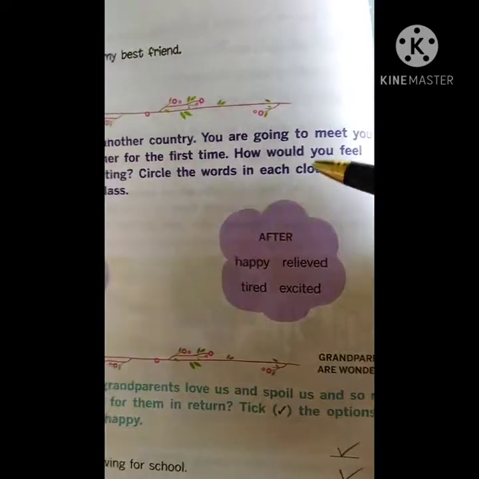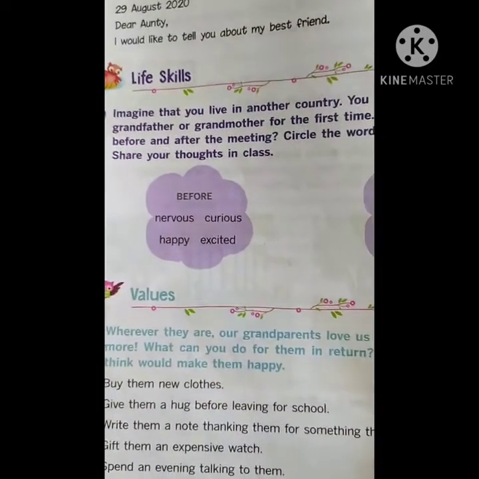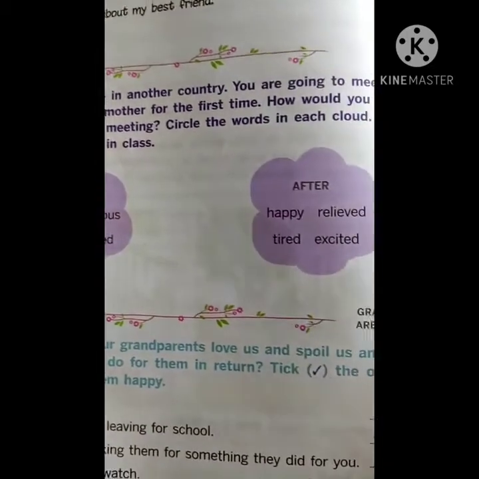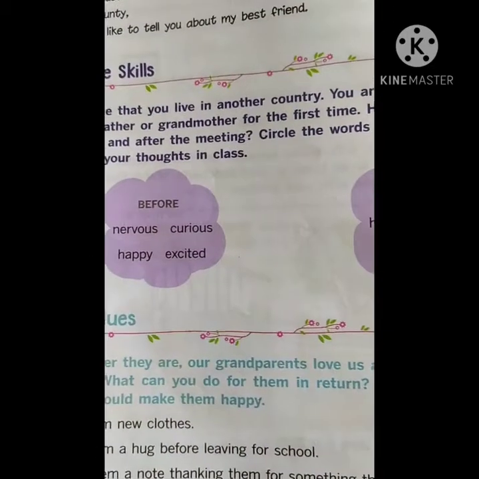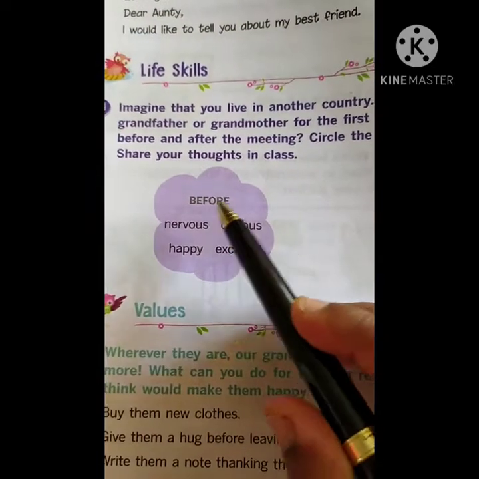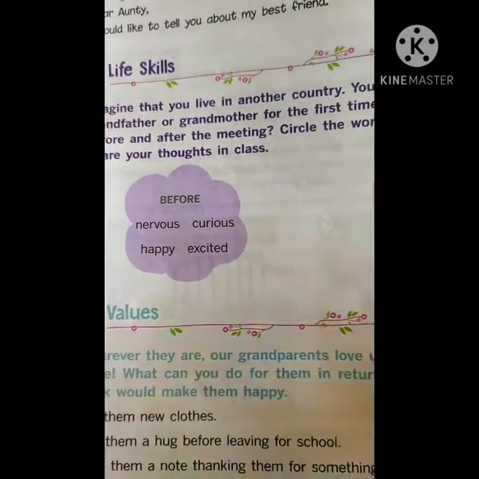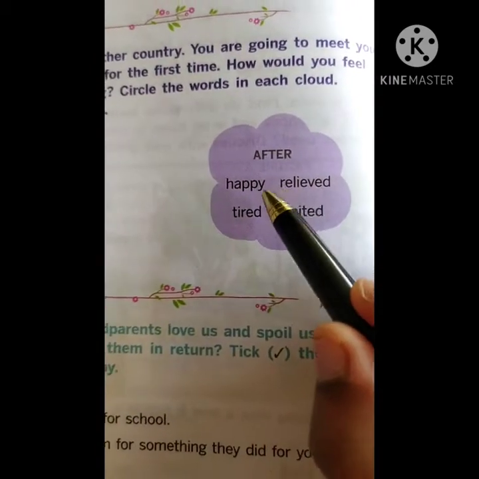Circle the words in each cloud. Share your thoughts in class. You just have to imagine how you felt before and how you felt after. This is also homework. You just need to circle it. Okay. Before, you are nervous, you are curious, you are happy, you are excited, and after, how you felt: happy,